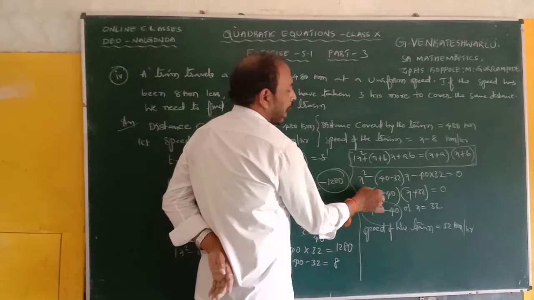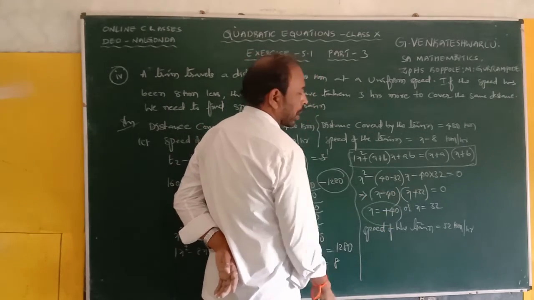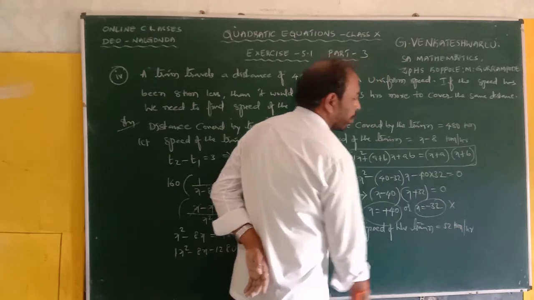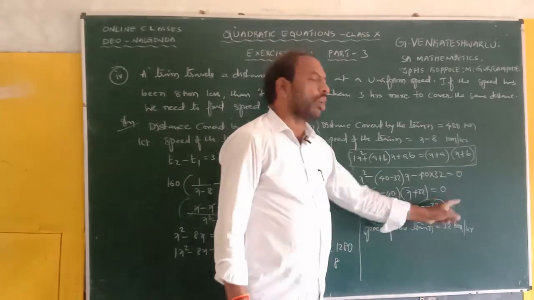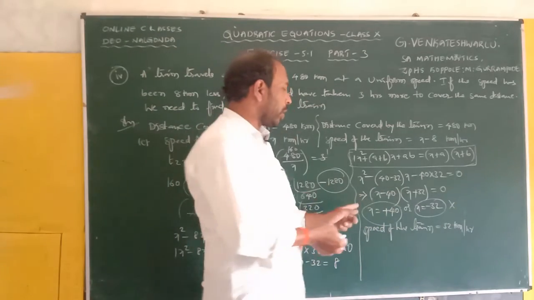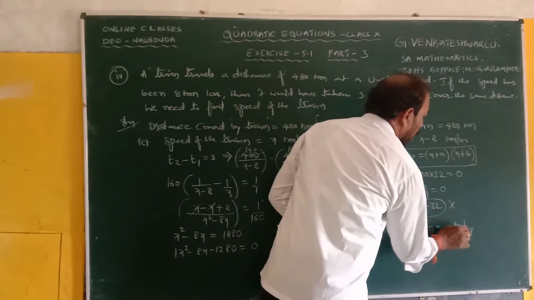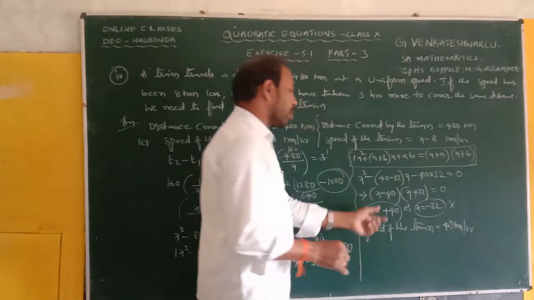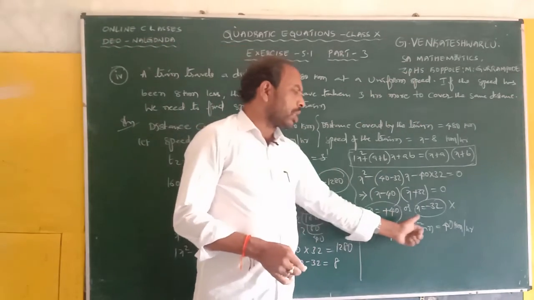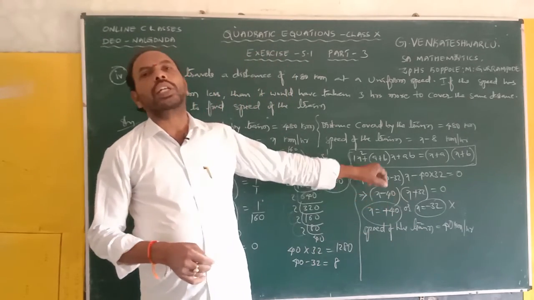So according to x minus 40 equals 0, x is equal to plus 40, and x is equal to minus 32. Negative should not be taken into consideration. So here the uniform speed of the train is 40 km/h. It was a small mistake, we overlooked the minus sign. So x, the uniform speed of the train, is 40 km/h. Okay, so